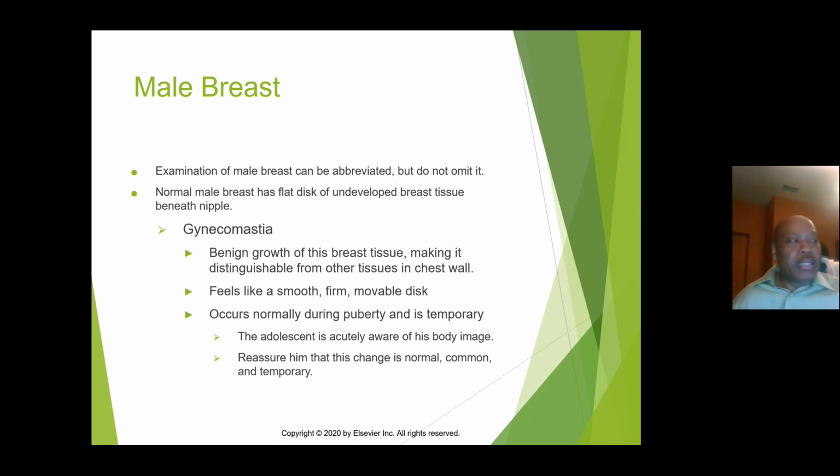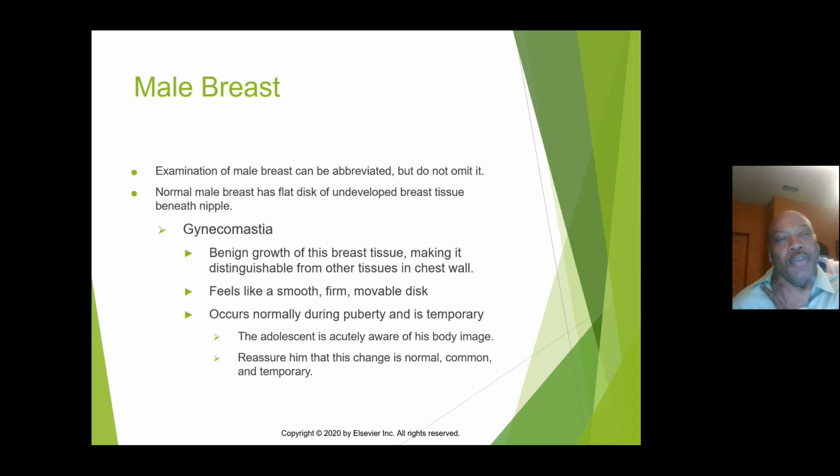Obviously, it can return, but we can assure them that it will go away. This tissue can also be pretty sore as well. When I was a teenager, I actually went through that myself, and I don't know if my mother knew what it was, because I was her first son, if you will, and it was very troubling to say the least. But obviously, being in healthcare and learning about it,